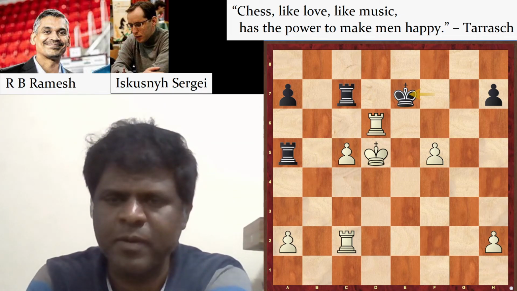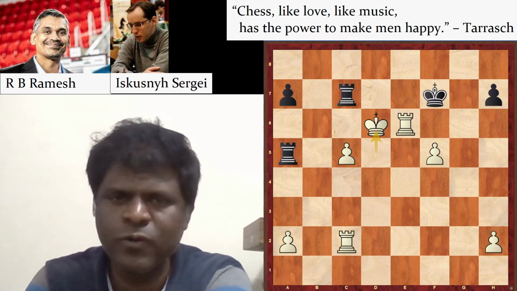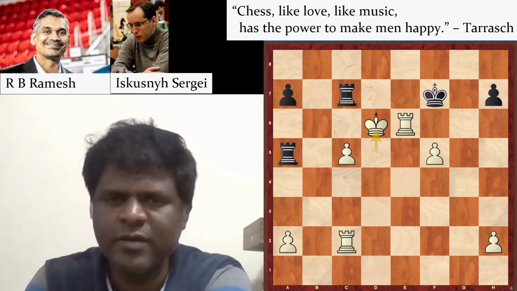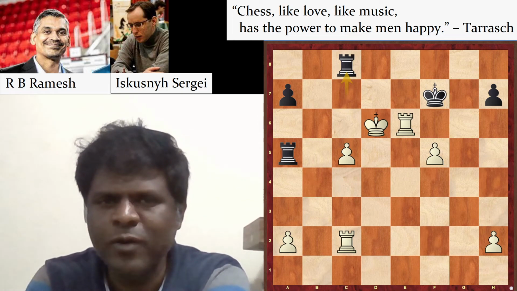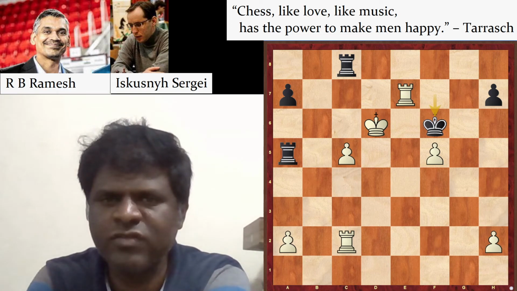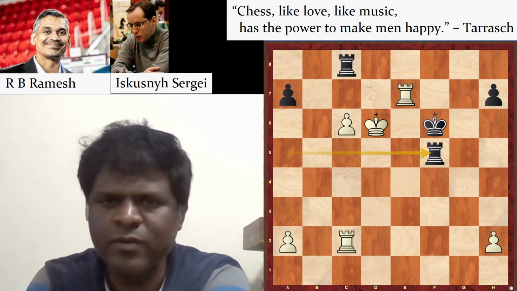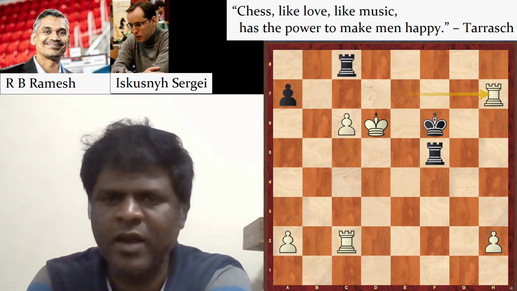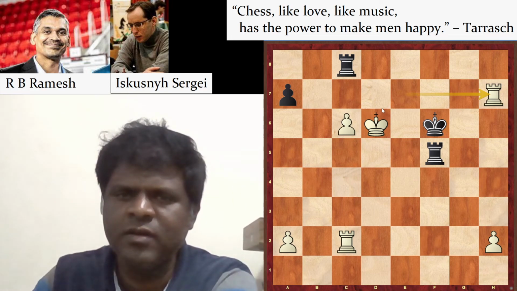King e7 is played by black, and now rook e6 check, king f7, king d6, slowly taking the pieces near the opponent's camp. Rook c8, and now rook e7 check, king f6, c6, c7, so many things. After rook into f5, white played rook into h7, and here black resigned